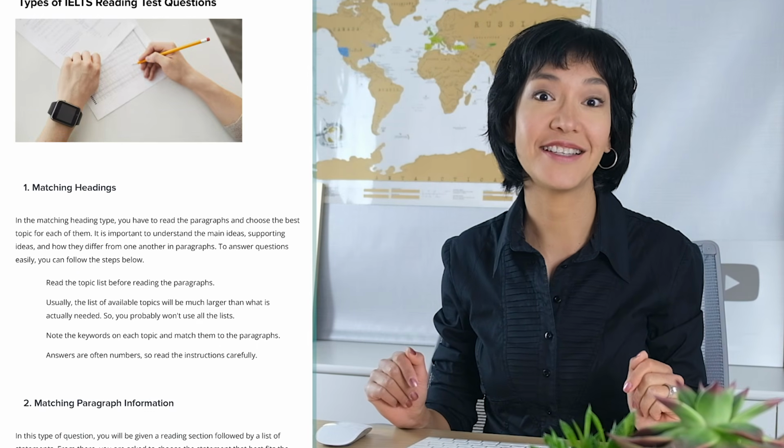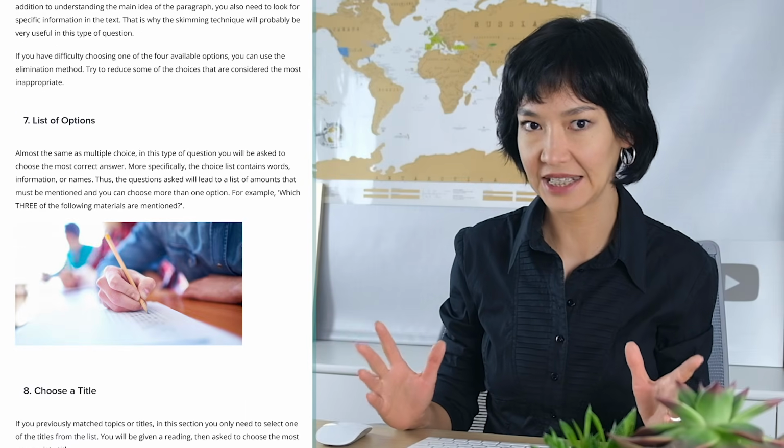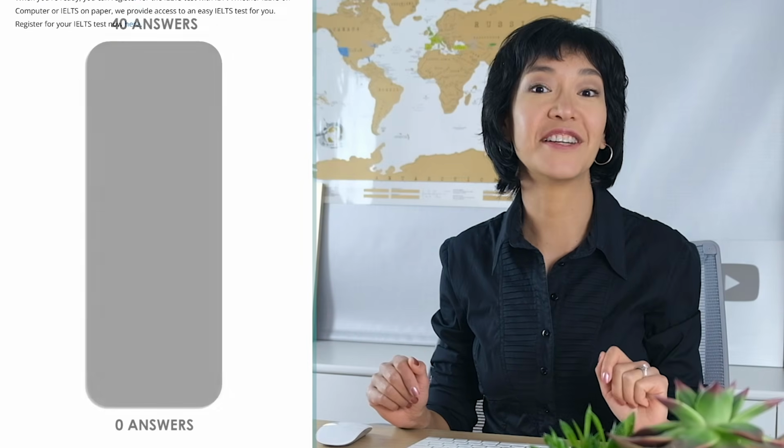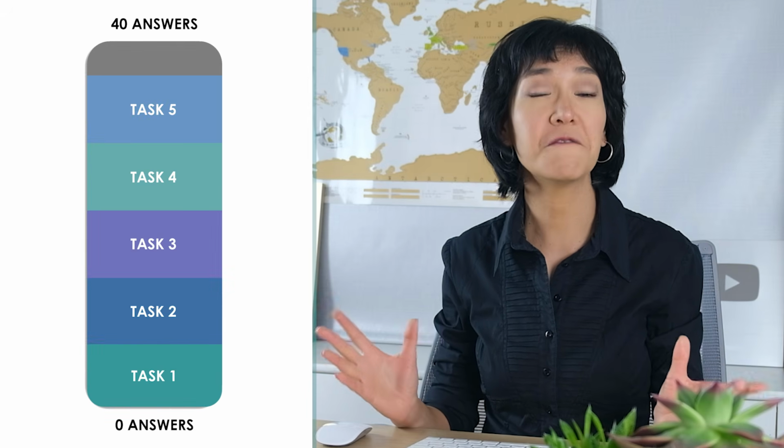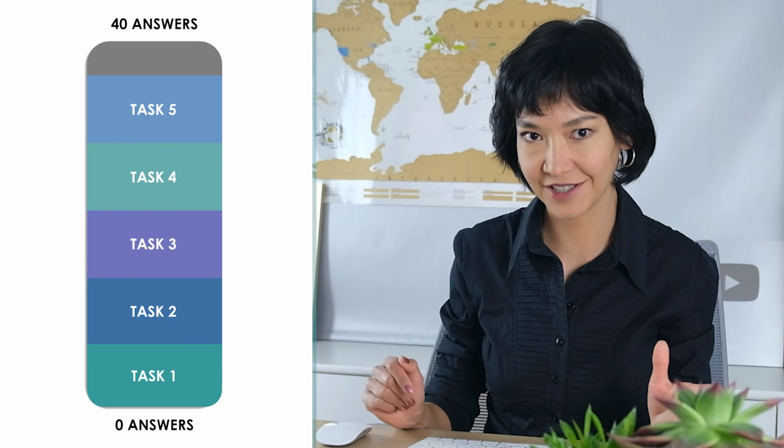The key to IELTS reading is understanding different question types and how they work. Unfortunately, the IDP website gives us as many as 14 types. But I've discovered that these 5 cover between 80 and 100% of an average IELTS reading test. So I'll show you how to find answers to each of them and do it quickly to finish in 60 minutes. And we'll practice together, starting with simpler questions and going up to the most challenging tasks you can find